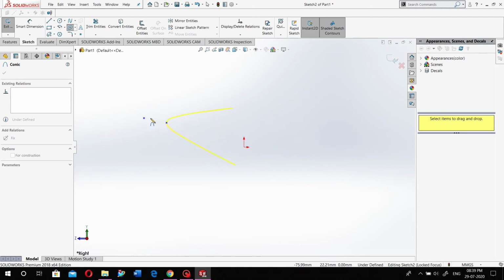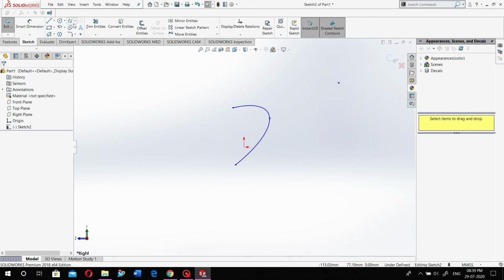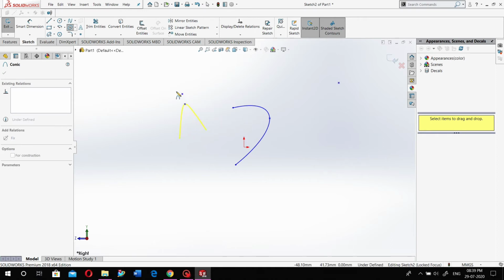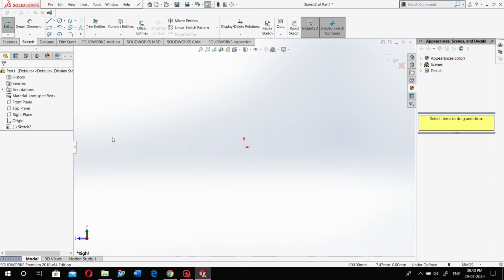The conic is also the same as the parabola, but let's look at it. There are two different points that you have to select to make a conic. You can do it by using splines also, but it depends upon the structures and requirements. Here you have given it two points. Now I am going to select the third point, and here is the fourth point. Accordingly your conic is created. So these are the major differences between these parabolas.